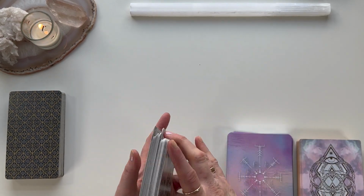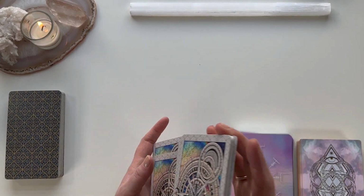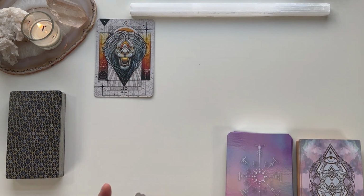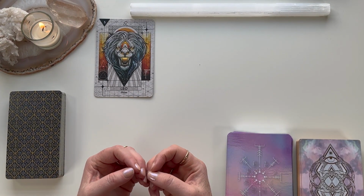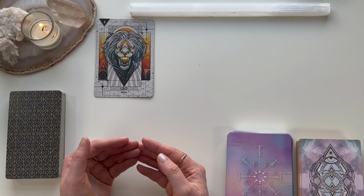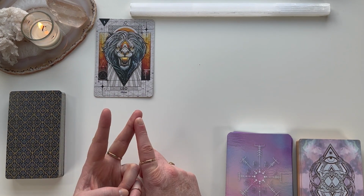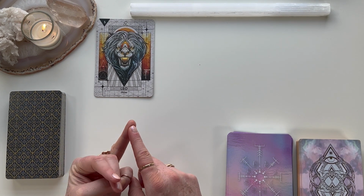Okay, let's look at other things in general that your root chakra needs right now to be cleared and healthy and open and active. Leo, shine. So this is saying getting a little bit more into your heart, coming from a space of heart and love and courage. So it could be one of several things. It could be being more courageous right now to sort of step out into the light with something. It could be saying that you're needing to come from a more loving, generous place right now, or it could be saying that